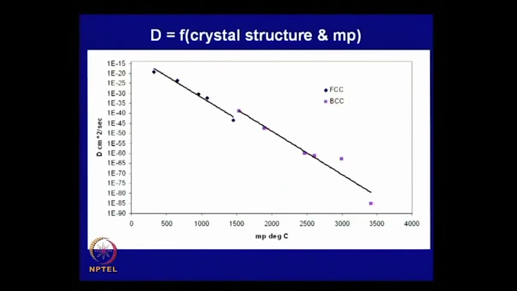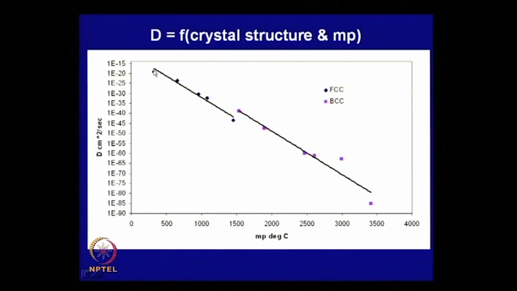Next, if you calculate diffusivity at a fixed temperature, possibly I think 100 degrees centigrade, and look at this plot of diffusivity and melting point. So, that means if the melting point is higher at a given temperature, its diffusivity is lower. So, look at this. If for a metal the melting point is low like lead here, its diffusivity at a fixed temperature, say room temperature or 100 degrees centigrade,